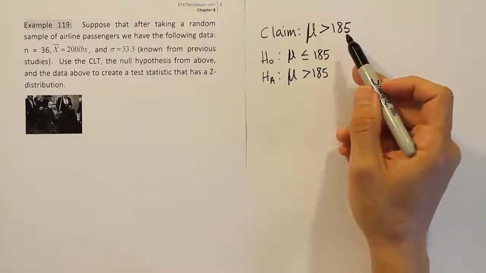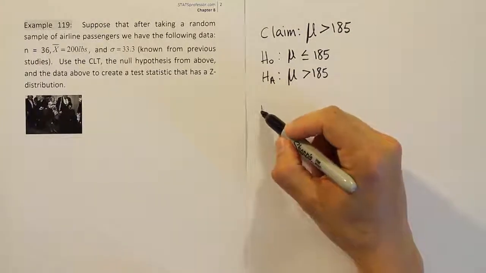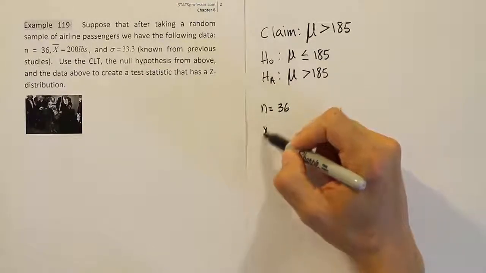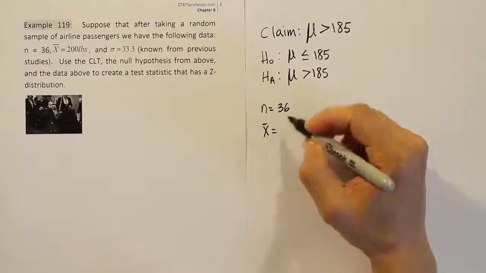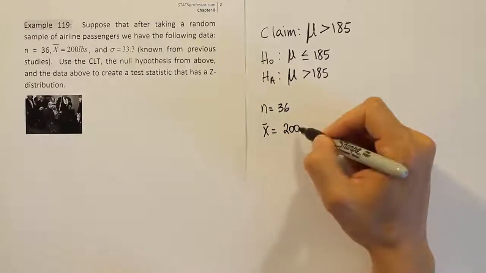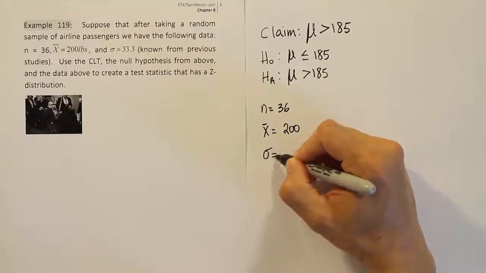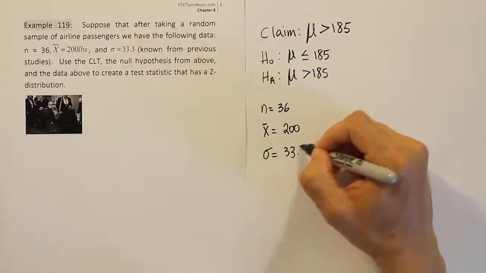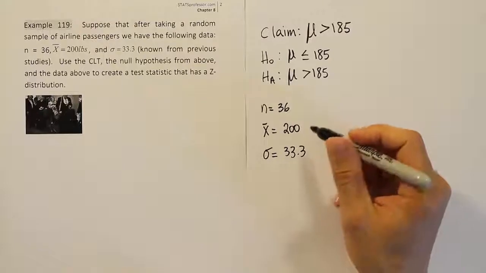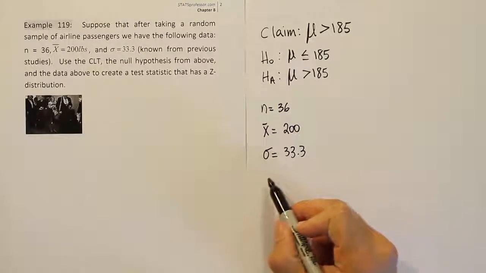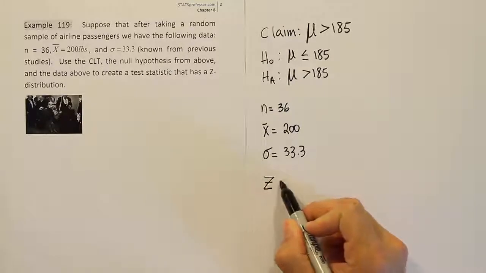There's our claim. And now we're given a bunch of data. This is the data that's required to come up with a test stat for this topic. So X bar is 200 pounds, but we'll just write 200. We'll just use the number. The standard deviation here, they say it's the population value, is 33.3. And then from there, we're going to take those values and plug them into a formula. The formula we're going to use is as follows. It's Z is equal to